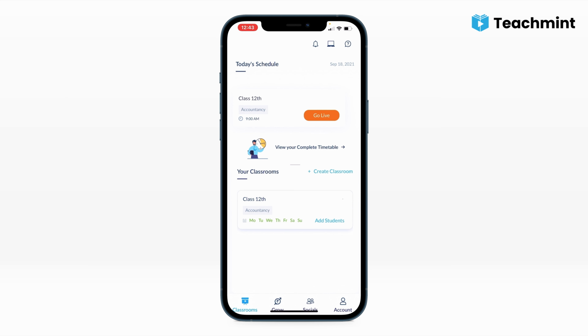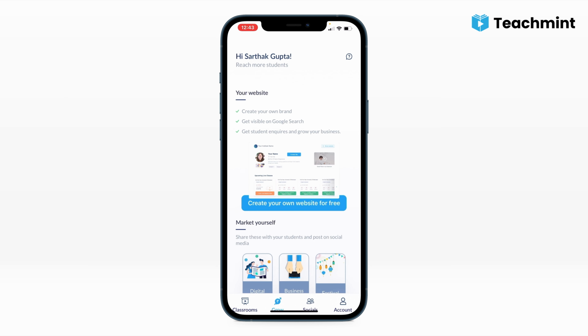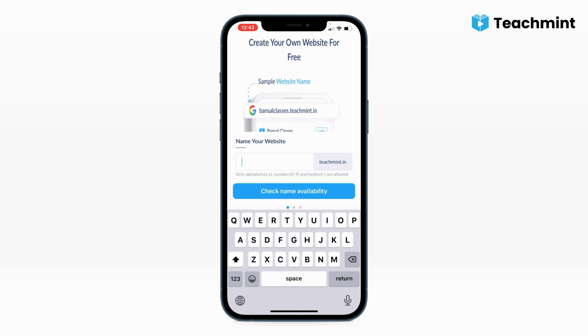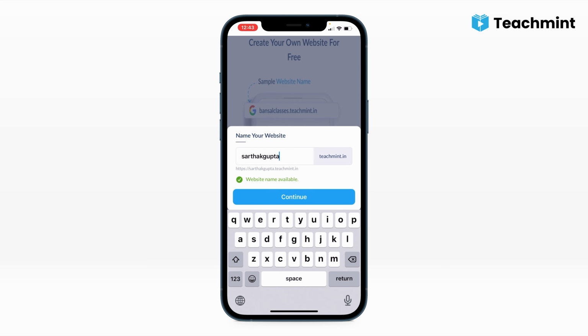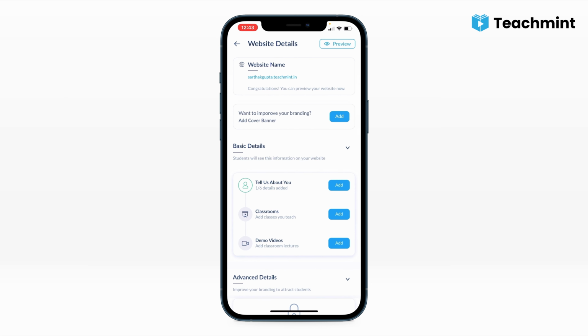Next section on the app is the Grow section, where you can create your free website. Click on Create Your Own Website for Free button. Type the name by which you want to create your website. The app will check the availability of the domain, and if the domain name is available, you can simply click on Continue button. Then you need to fill all your basic details like tell us about you.